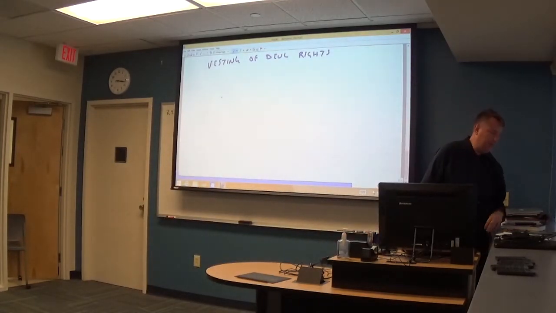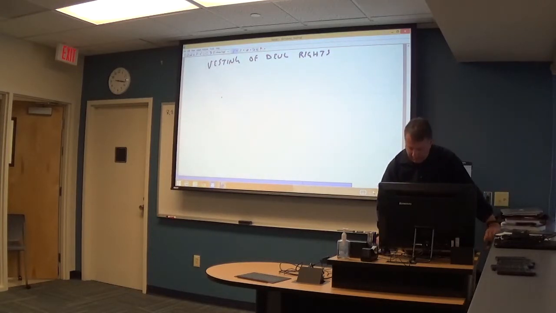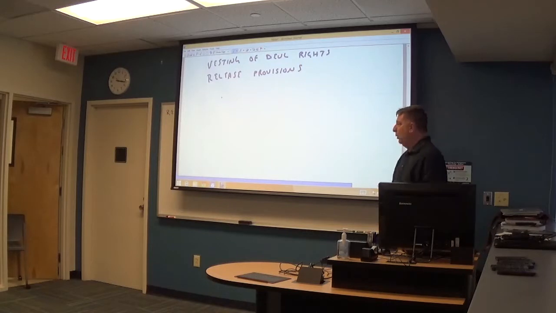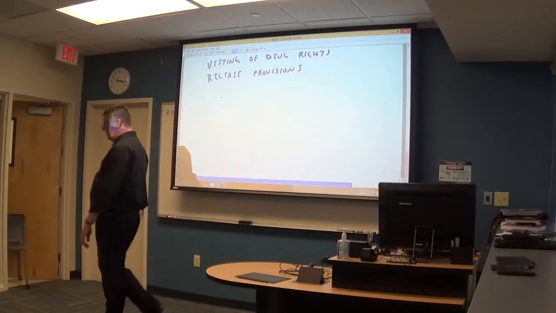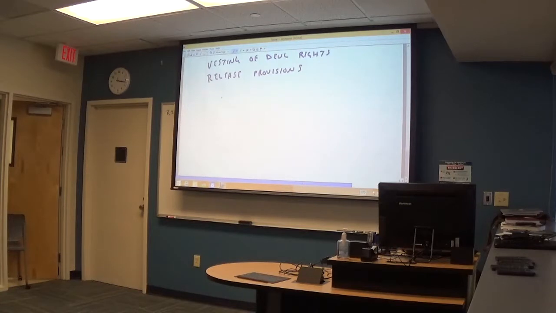Okay, a couple of other little things that I want to talk about from this that are of extreme importance. One is what is referred to as the vesting of development rights. Anybody have any idea what is meant by that statement? Vesting of development rights. Now, you've probably heard the word vesting in the context of retirement plans, that you become vested in the retirement plan after X number of years and that sort of thing. Well, to a certain extent, it's the same sort of thing, but with development, usually